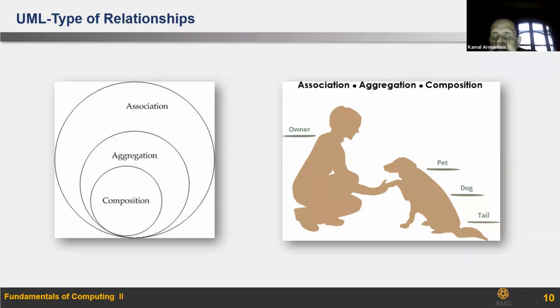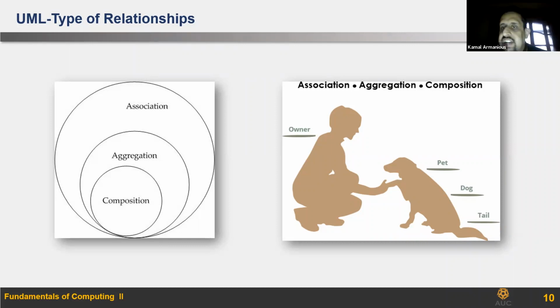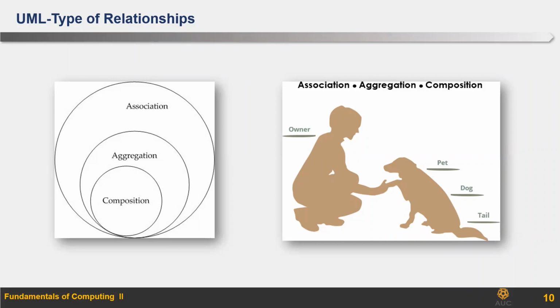So Yasin, assuming that you have the brain of the dog, what kind of relationship is there between the brain and the dog? The dog cannot exist without the brain. Yes, and the brain is part of the dog. And if the brain dies, then the dog will die. Yes. So composition